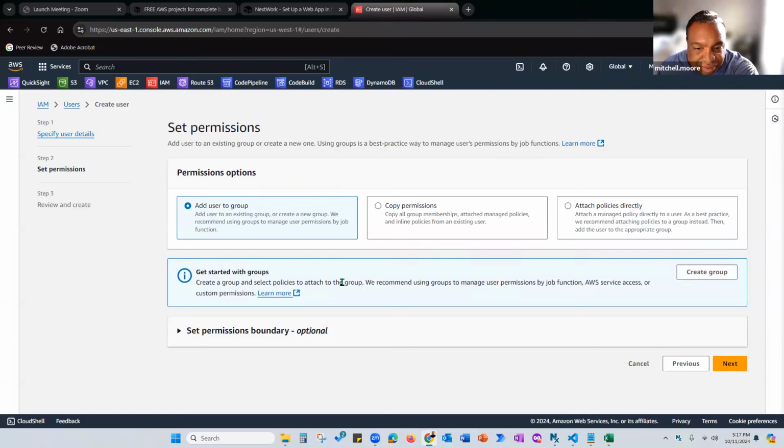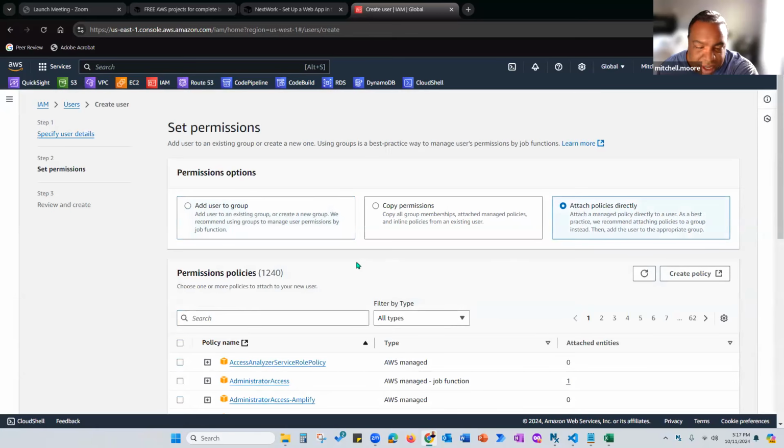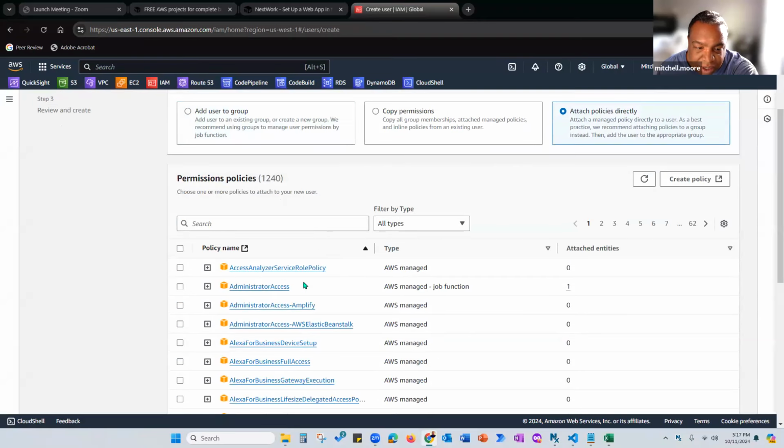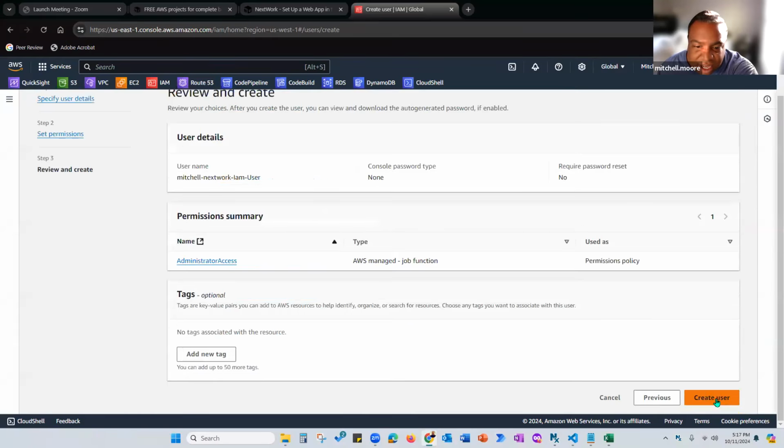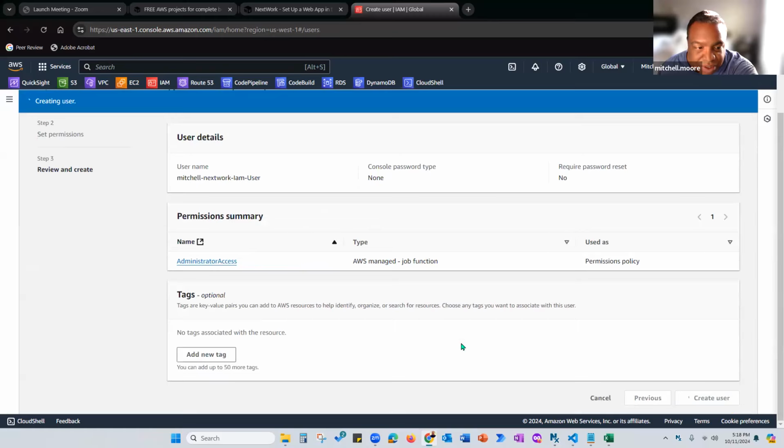And then how my IAM user is set up is you go to attach policies directly, and you want to give them administrator access. Hit next, and then you create the user,